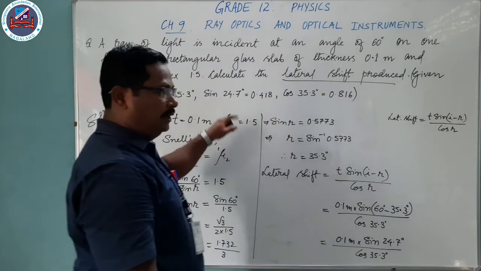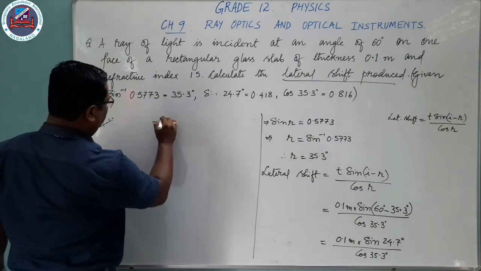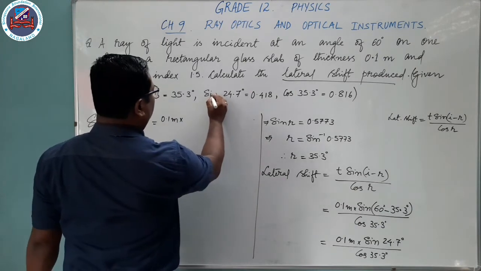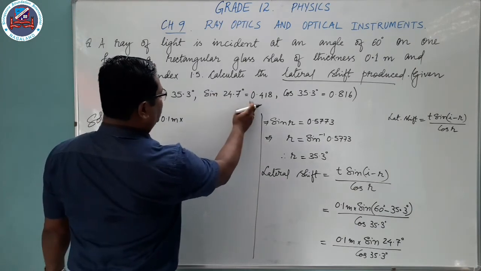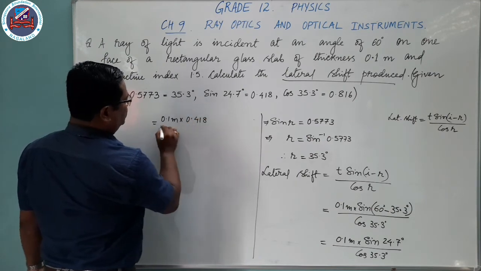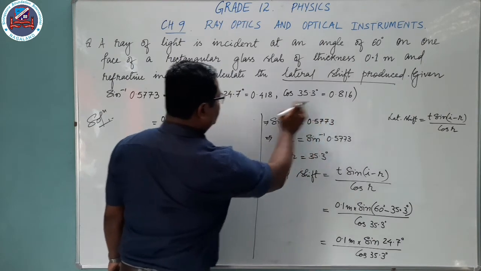Now we'll put the values. So lateral shift, continuing from there, is 0.1 meter multiplied by sin 24.7 degrees, which is 0.418, divided by cos 35.3 degrees, which will be given as